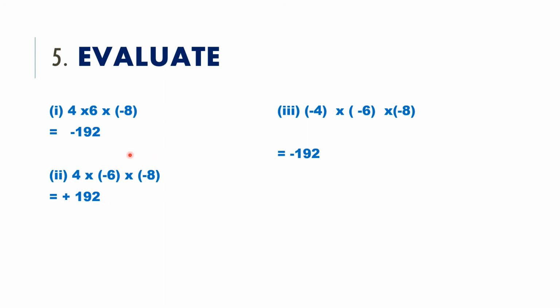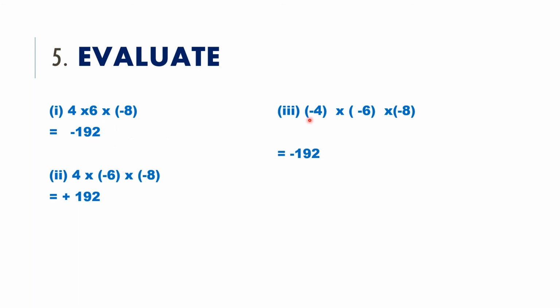Okay, so that is why, just see, if there are many numbers which are multiplied, you see how many are negative. Only one. One is an odd number. So it will remain negative here. So negative 192. So we just multiply 6 into 4, 24. 24 into 8 is 192.